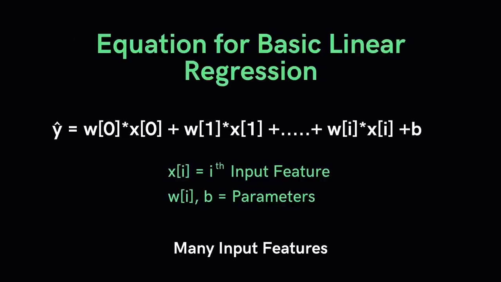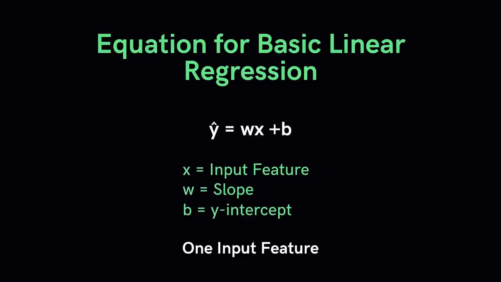The equation for a basic linear regression can be written as follows, where x_i represents the features of the data, and w_i and b are parameters which are developed during training. For simple linear regression models with only one feature in the data, the formula looks like this, where w is the slope, x is the single feature, and b is the y-intercept. Familiar? For simple regression problems such as this, the model's predictions are represented by the line of best fit. For models using two features, a plane is used, and for models with more than two features, a hyperplane is used.